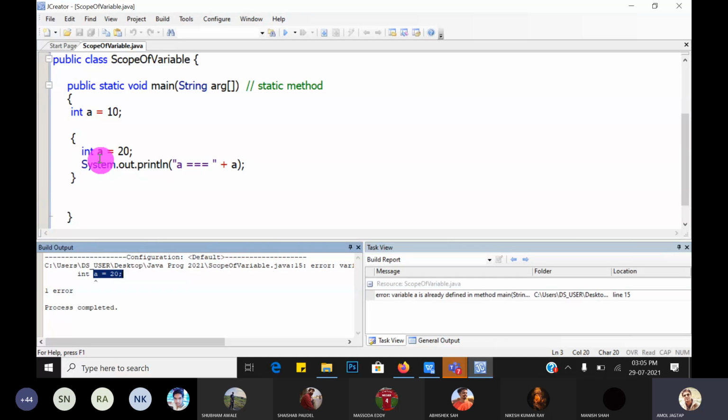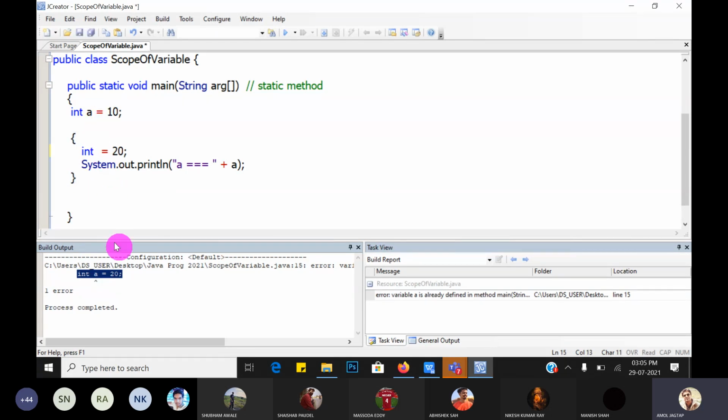In C++, the output is a is equal to 20. But in Java, it is considered a syntactical error because in the same method, we cannot declare a variable with the same name. We can create blocks inside the method, but the same variable name we cannot use.